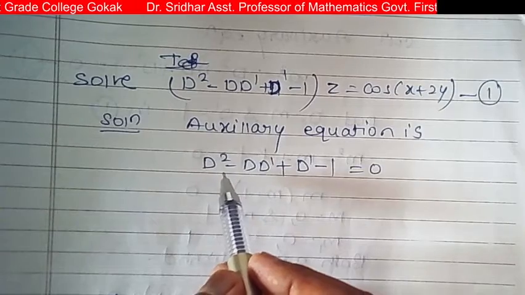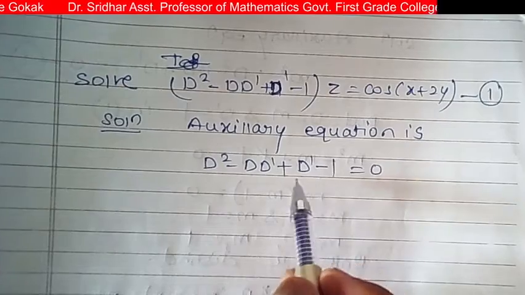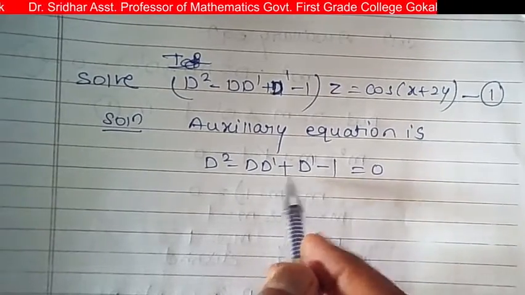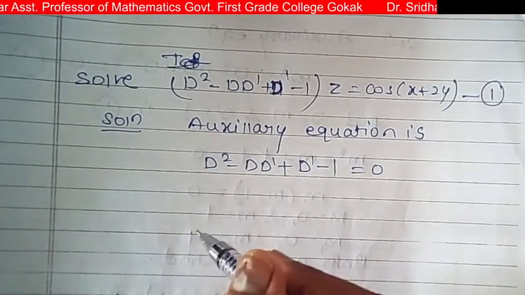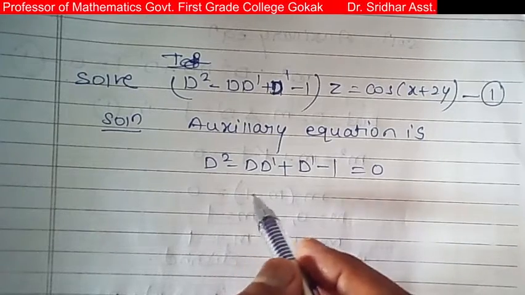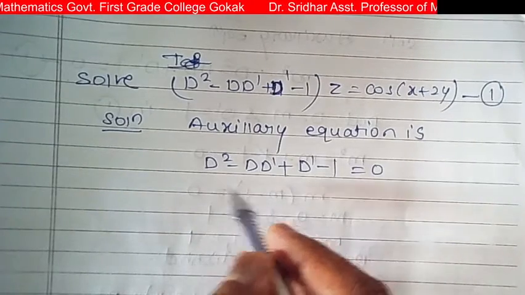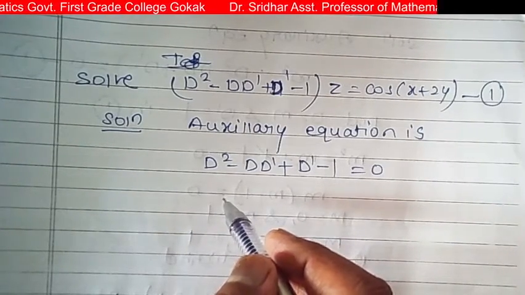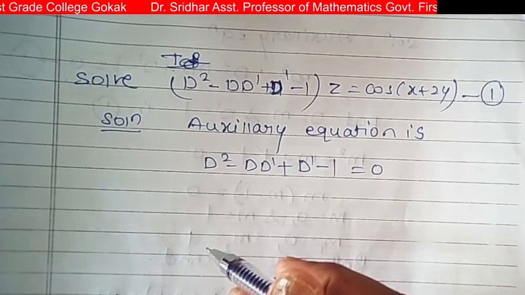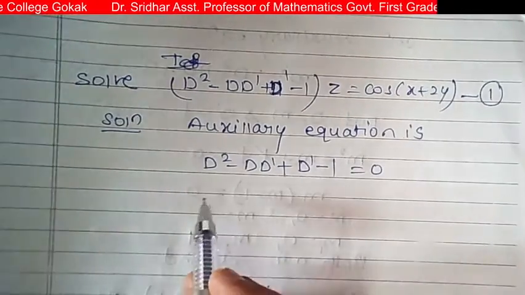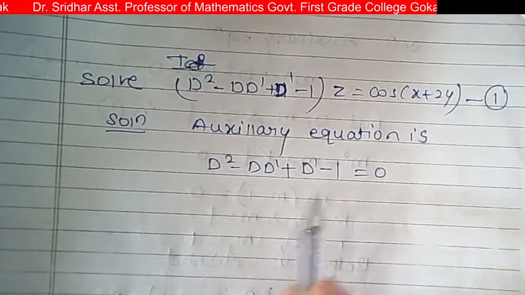Now see, it is a quadratic equation, but here D dash is present along with D. So we cannot solve it by applying the minus b plus or minus square root formula, or factorize it. So what we do, we first find one root by the inspection method, and then we find another root by applying the synthetic division method. First we check for which value of D this equation is going to be satisfied.